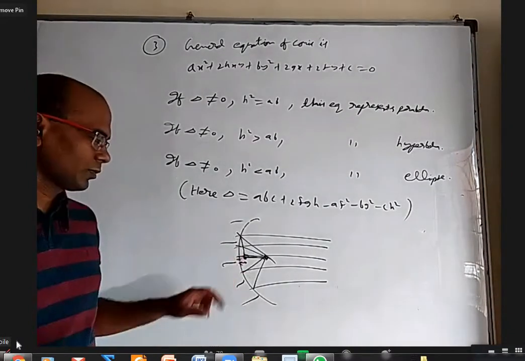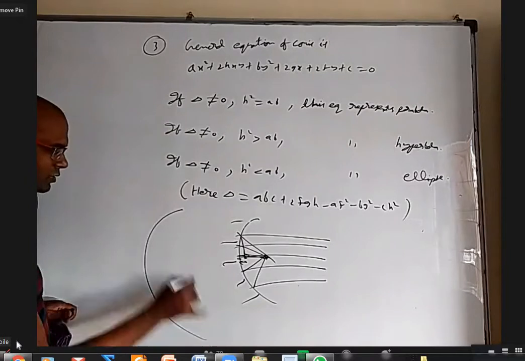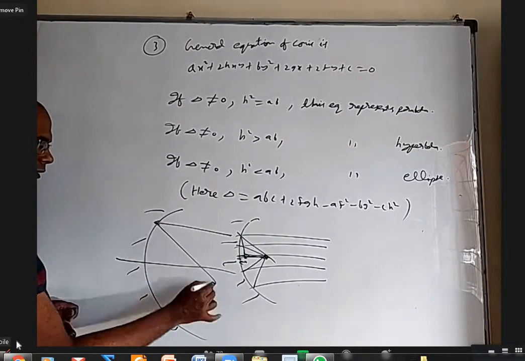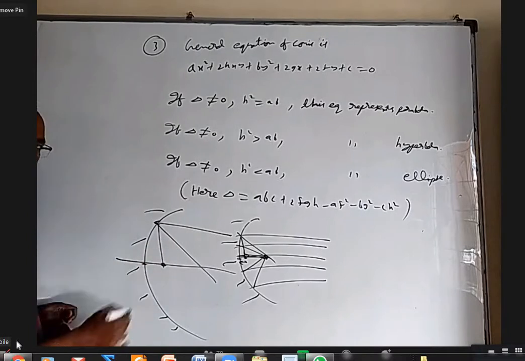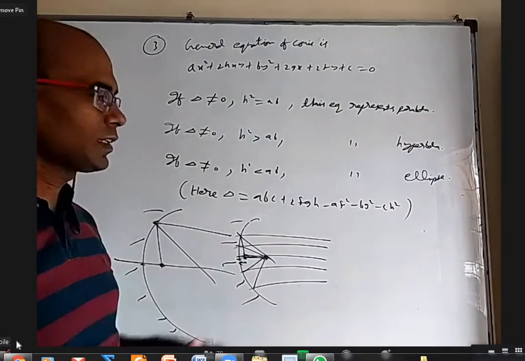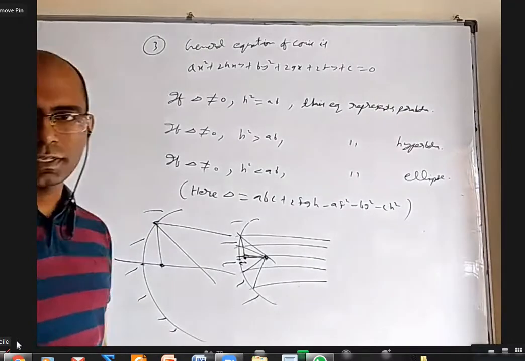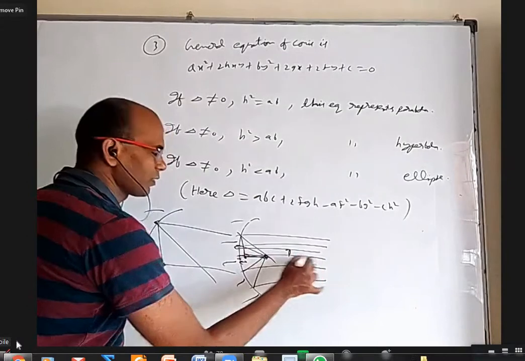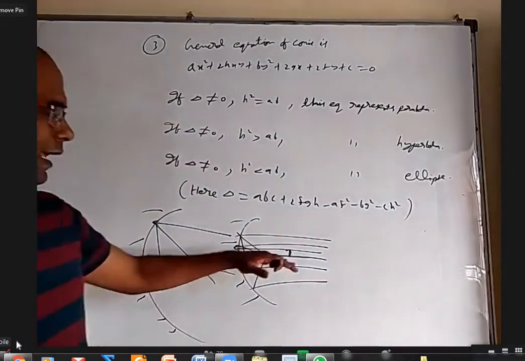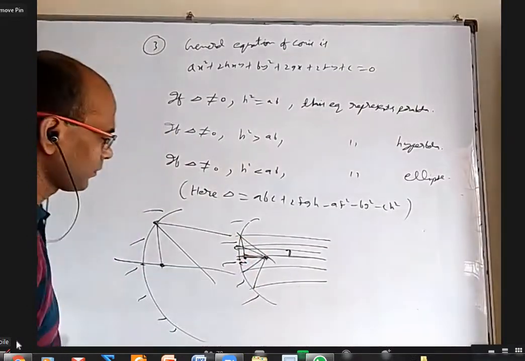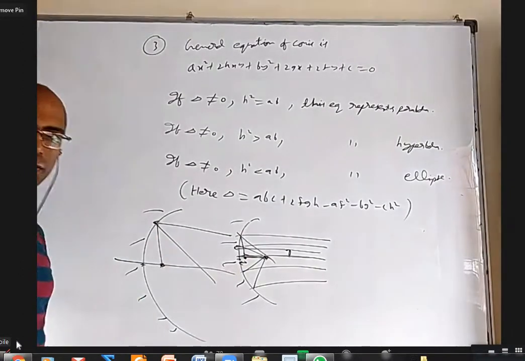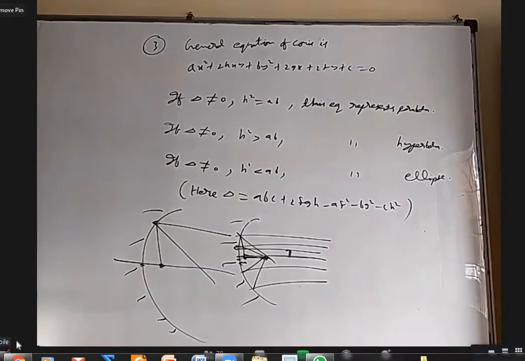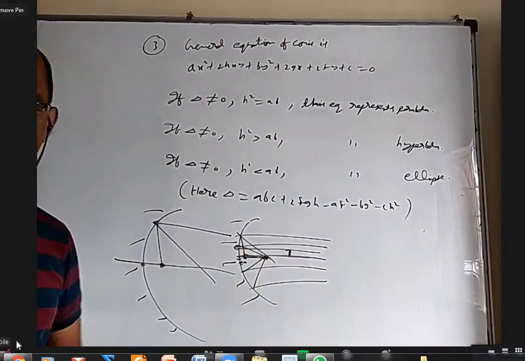But this is not true. In fact, if I have a huge mirror like this with a lot of aperture, and I send something like this, why should I assume this point and this point are very close? They are not. That's why they say paraxial rays, those rays which are very close to the principal axis. For them, we can say this point and this point are very close. But you know these assumptions. What happens in real life when you take mirrors is that they don't actually converge at a point.